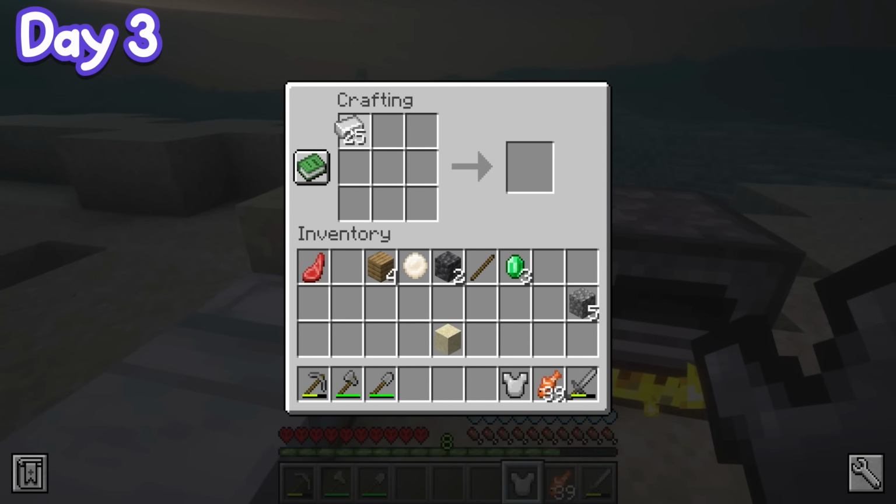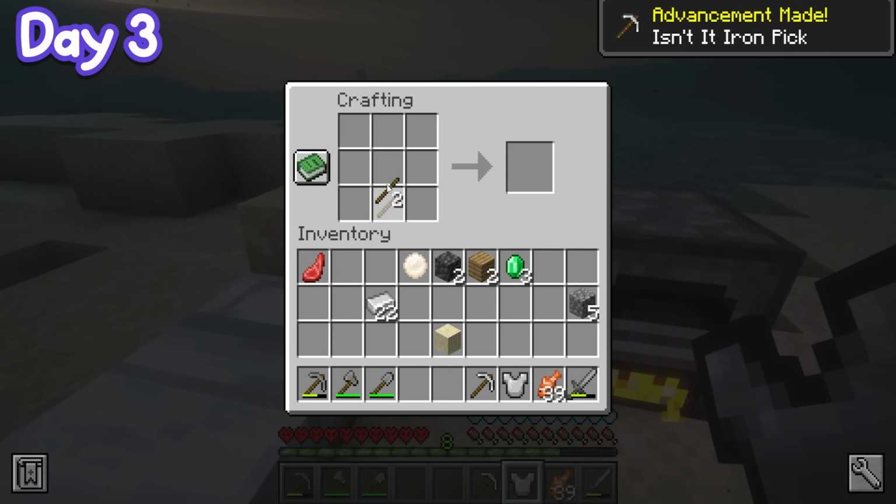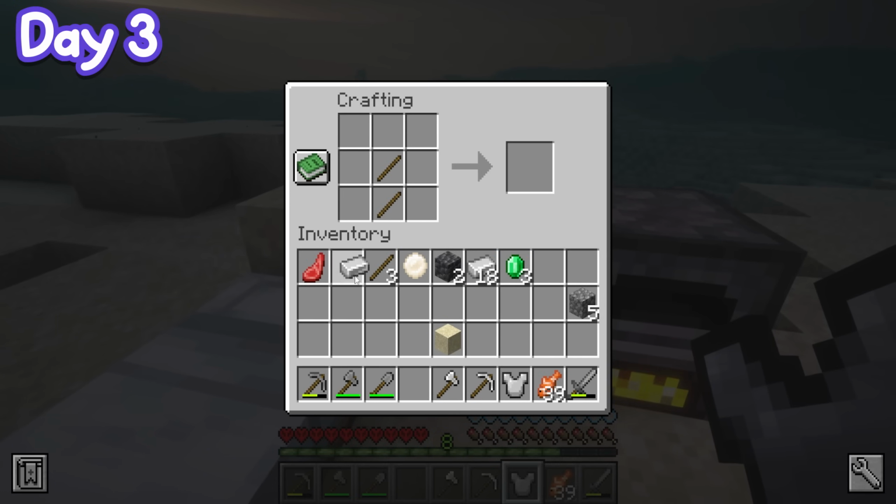I think I'm going to actually make tools first because I think that's a little bit more important than armor right now. I know we need armor to actually survive, but I can just be careful in the meantime. But I 100% need the iron tools to get the diamonds and the fun stuff. I think we can do without a shovel for now. And let's go for the sword instead. And then we've got enough to do